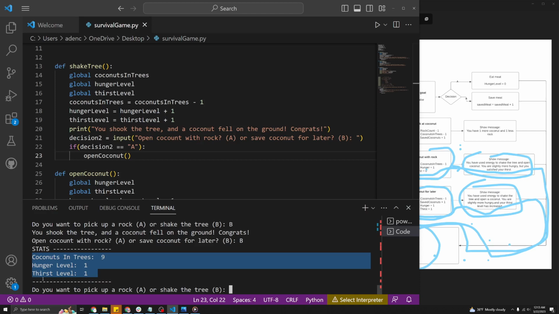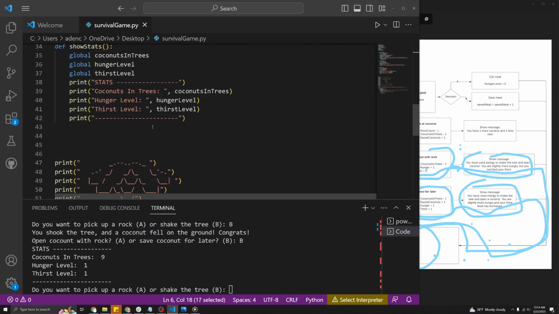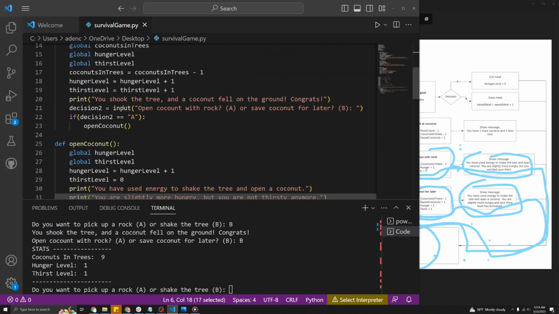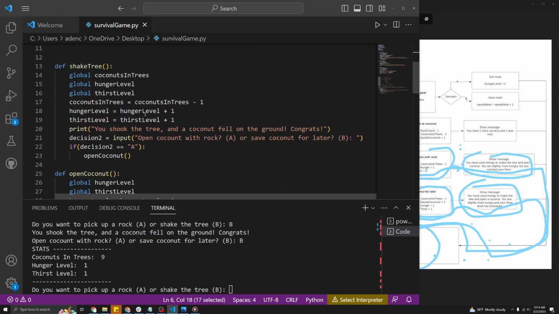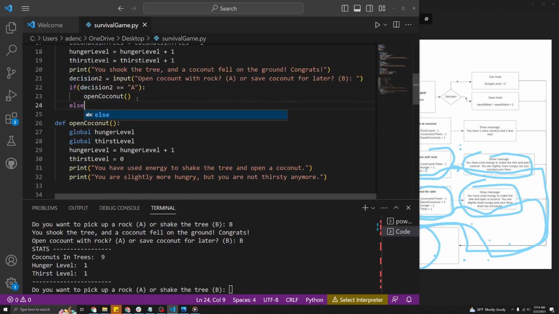So we got hungry, we got thirsty, but we have one less coconut in the tree. Maybe we should show that we saved one of the coconuts. So right here where we have coconut saved 0, let's increase that to 1 and then actually show that in the stats. So if we shake the tree and then we choose a decision that's not B, so else